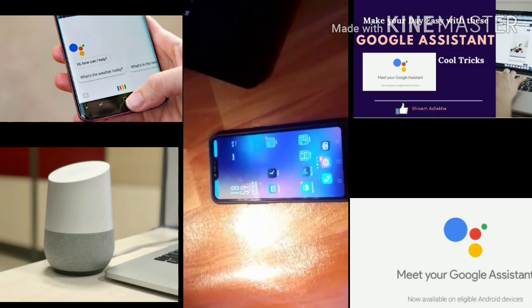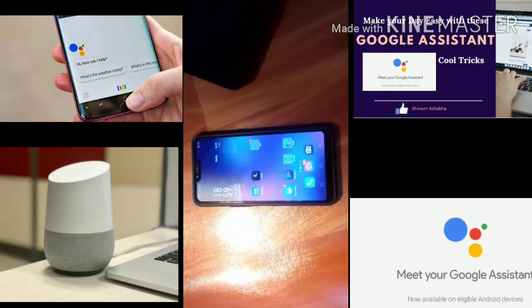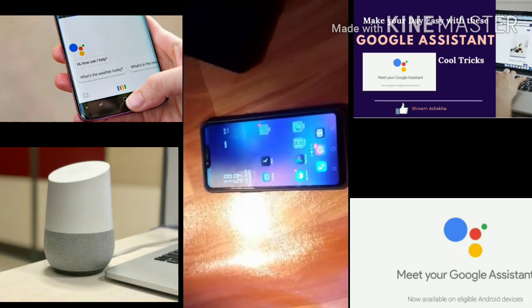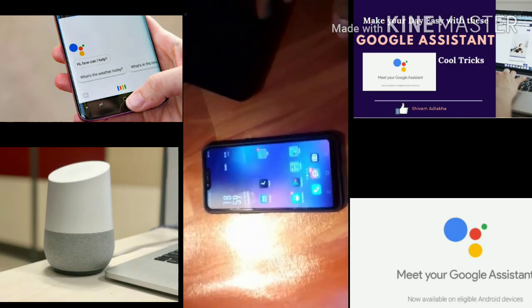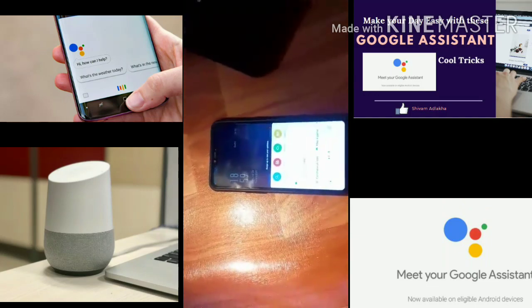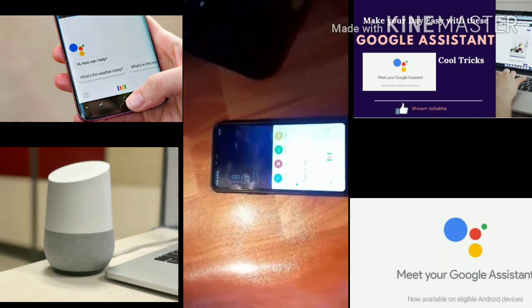In this trick, we will see how you can search for mails from a specific sender, or from a specific date to a specific date, or from any specific year. So we must start the trick by saying, "Okay Google, show me my mails from Zomato."